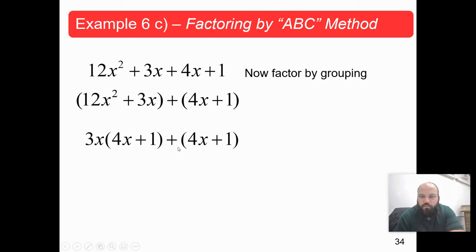So when we go to regroup, you need to take what was pulled out. In this case, we pulled a 3x out. Over here, there is a 1. Even though it's not really written there, it's still there. So when we regroup it, you can see it becomes 3x plus 1, and then we write one of the 4x plus 1s. Okay, so this is something that's easy to miss, which is why I wanted to give you